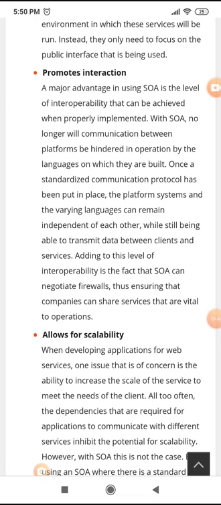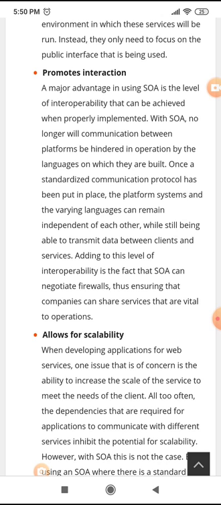So a major advantage of using SOA is the level of interoperability that can be achieved when properly implemented. With SOA, no longer will communication between platforms be hindered in operations by the language on which they are built.